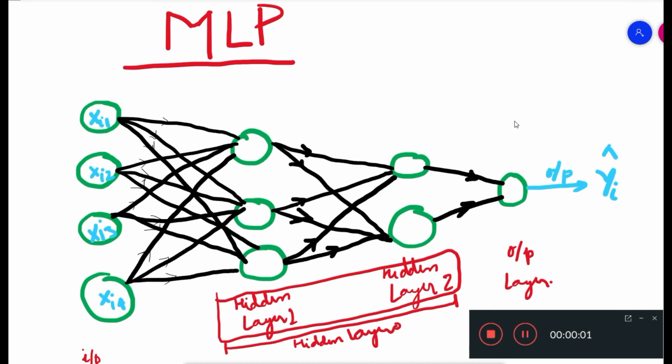Hi there. So continuing our journey on learning neural networks, in this video we will try to understand how perceptrons can be combined using weighted connections and how multi-layer perceptrons give us a powerful way to combine multiple activation functions to reach the desired output. So let's check out the structure of a multi-layered perceptron.